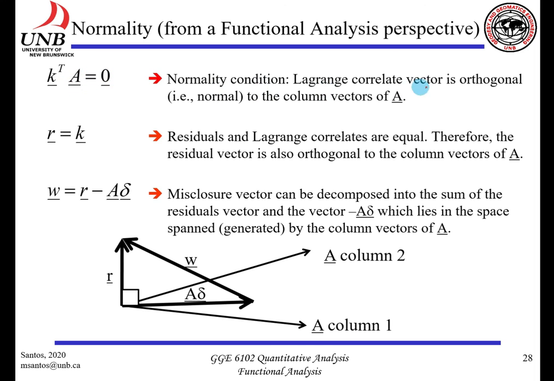The Lagrange correlate vector is orthogonal, it is normal, to the column vectors of matrix A. And then the second equation tells us that the residual vector equals the Lagrange correlate, which means that the residual vector is also orthogonal to the column vectors of A. And then we have this expression here that relates the